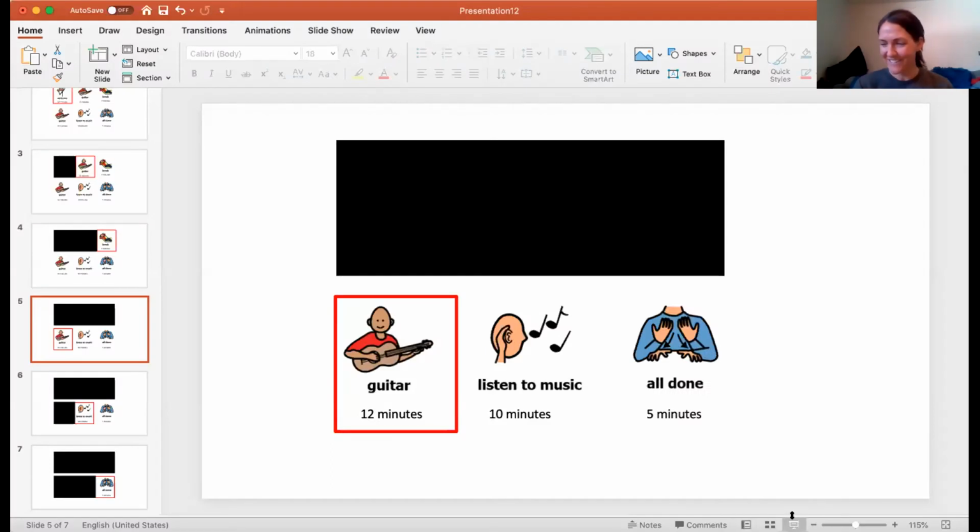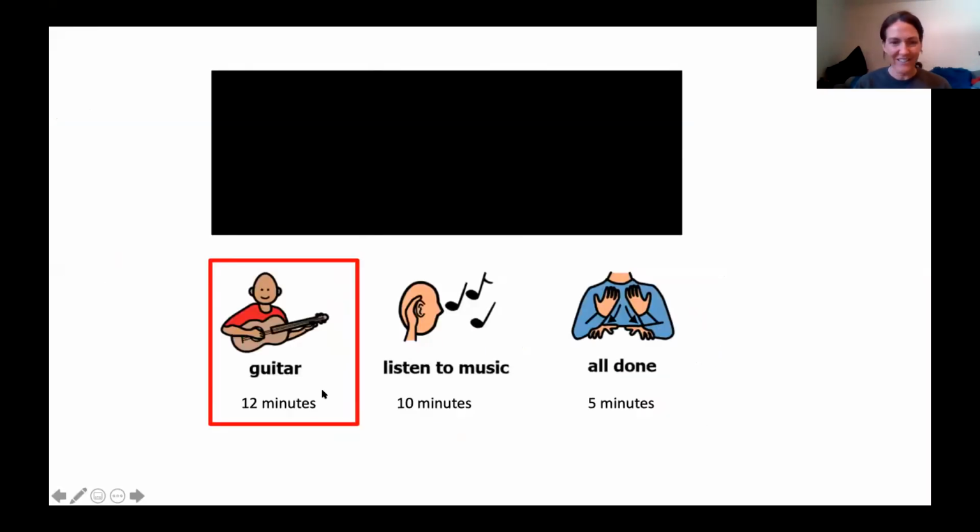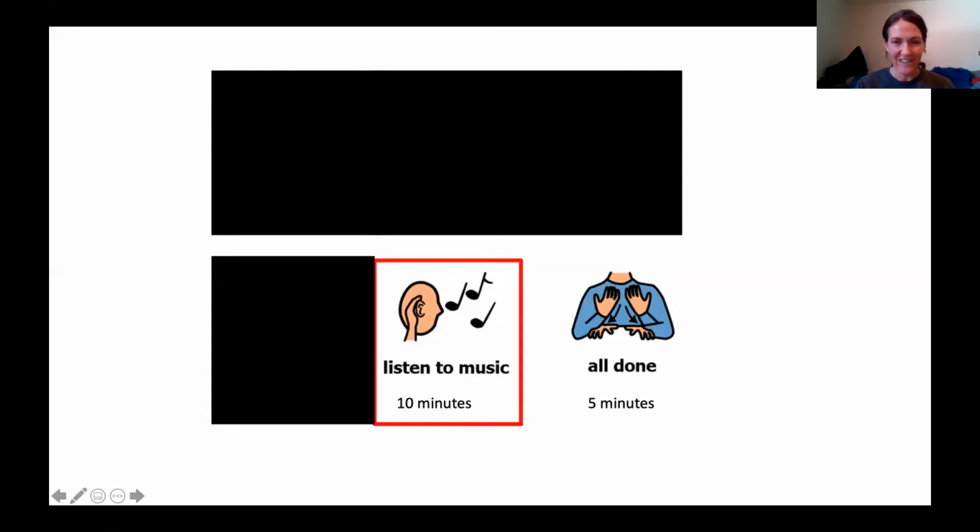Yes, so I'm going to pull up our schedule, all done with the guitar. So now we are going to listen to our song for today, and we're going to listen to it twice. If you want to join in the first time, go ahead, but definitely the second time, join in. And I will get set up for that, and Miss Maren will be here for us.